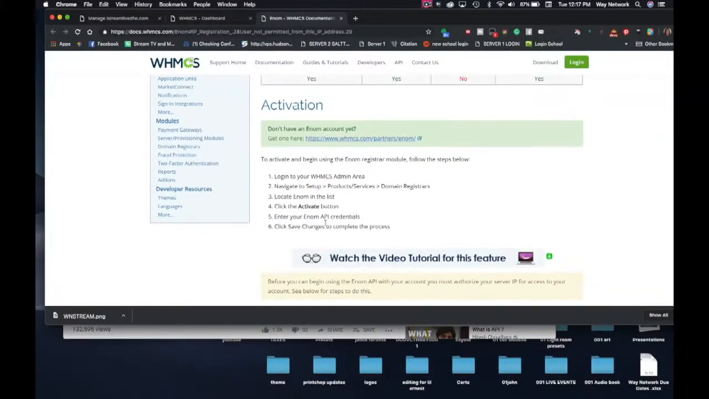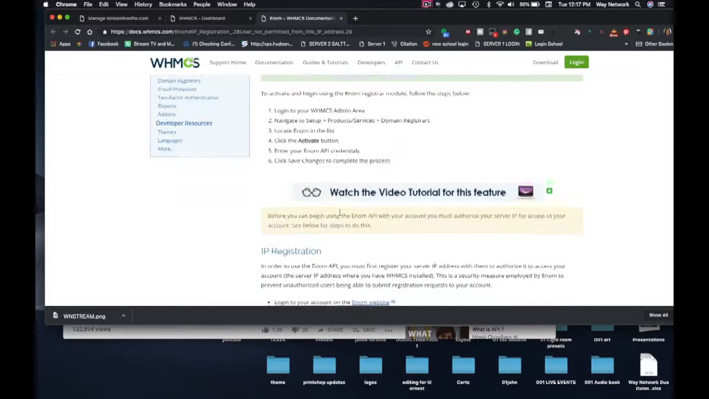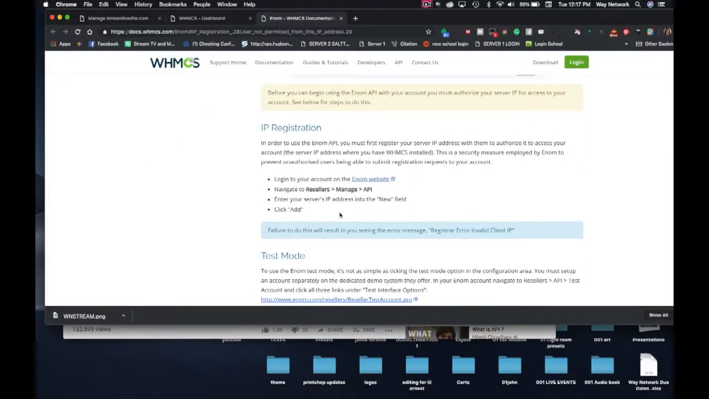okay, it says log into your WHMCS admin area, navigate to products/services, domain registrars, locate Enom in the list, click the activate button. Okay, so you go to